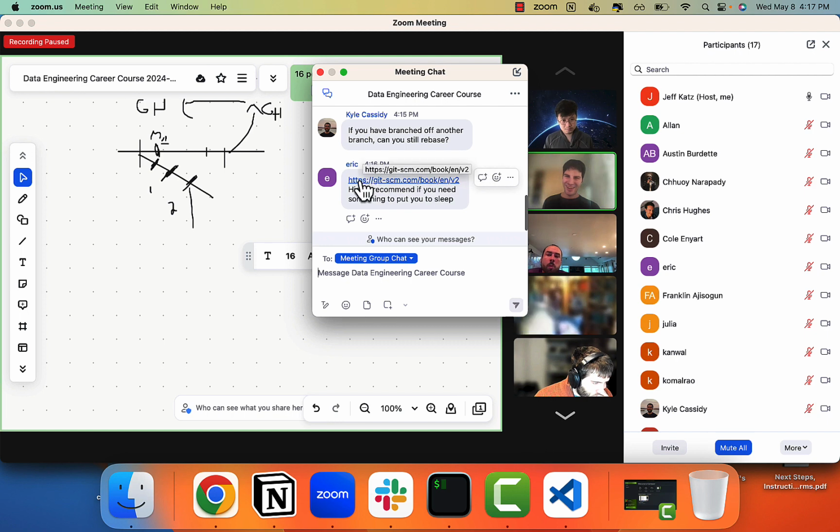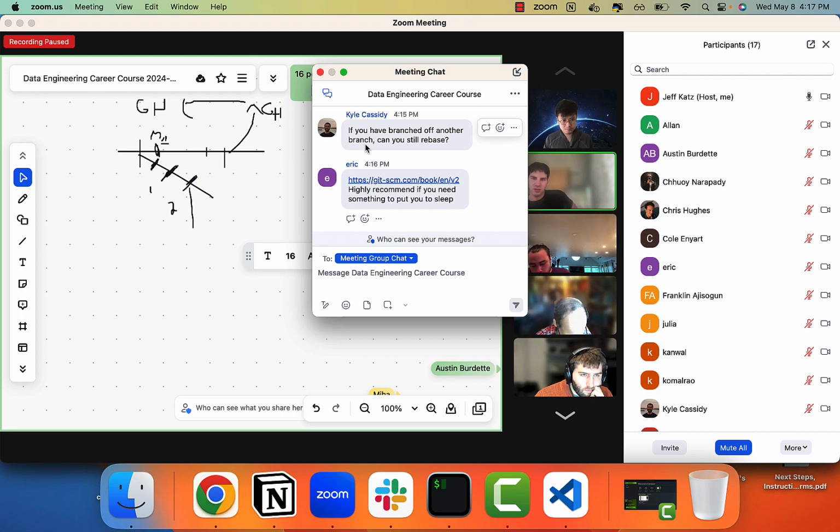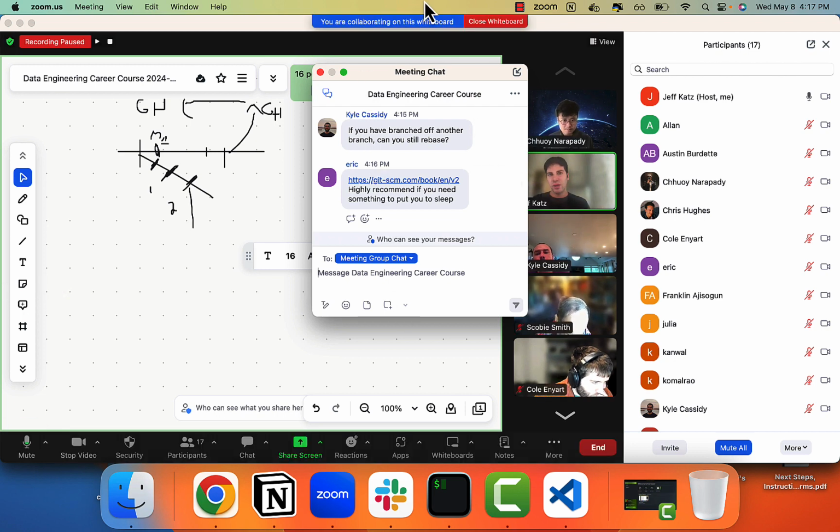And Eric recommended a Git book. It is good to understand this stuff. Certainly, you can go very far with Git. Cool. Okay, so the readings will kind of move you through that. Like I said, it's worth